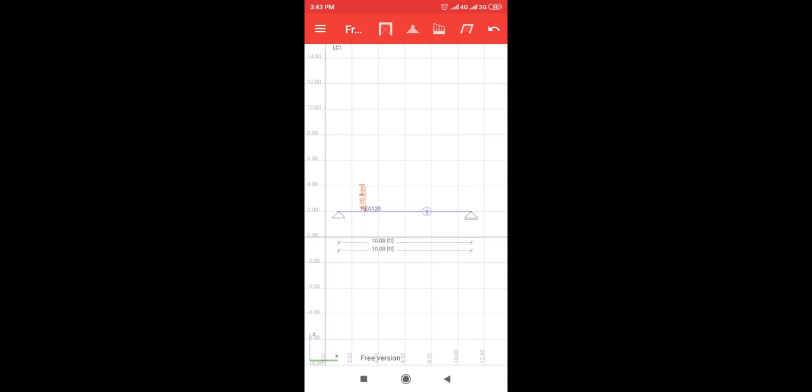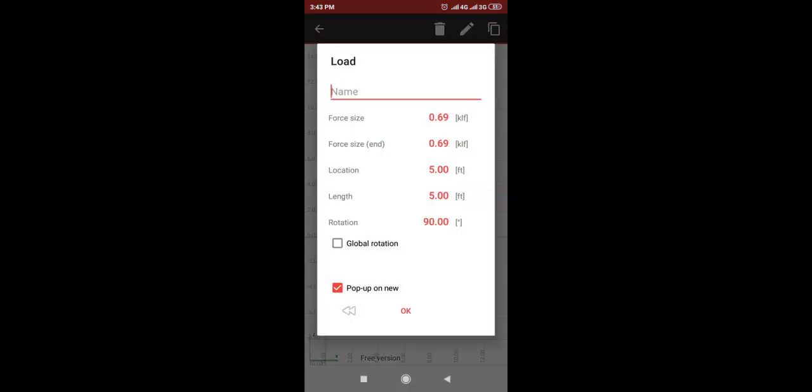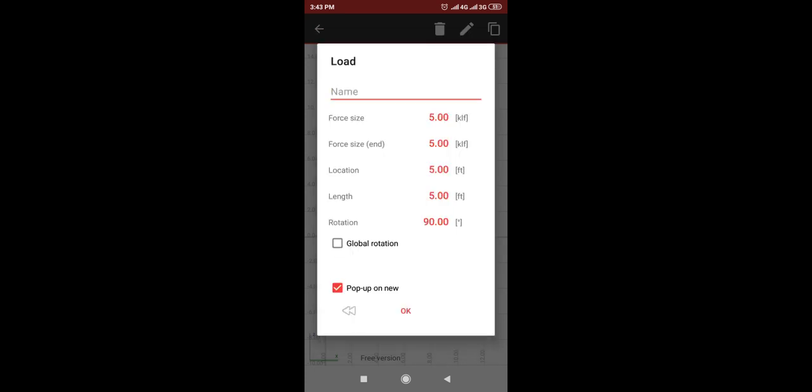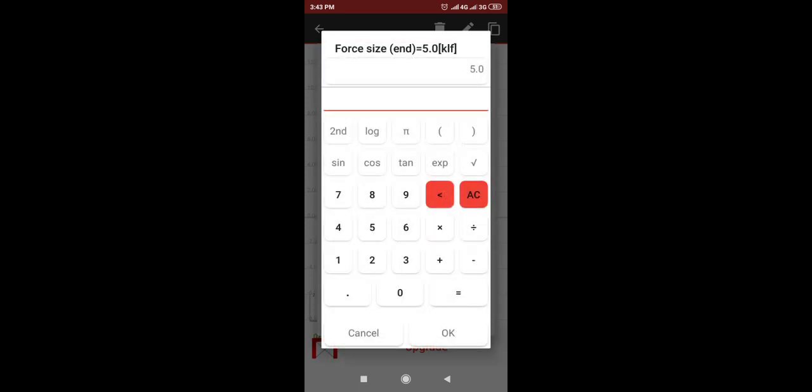Now I will provide a distributed load. The distributed load is here; pick the distributed load and click on the member. Now I provide the force size: 5 kips per feet, okay. And at force end, if you keep it the same as the force size, it will be a uniformly distributed load. If you want to make a non-uniform distributed load like a triangular load, then you have to provide 0 at the force end, 0,